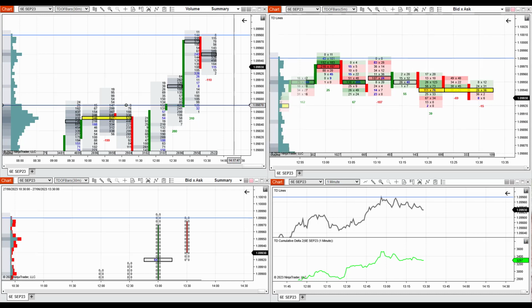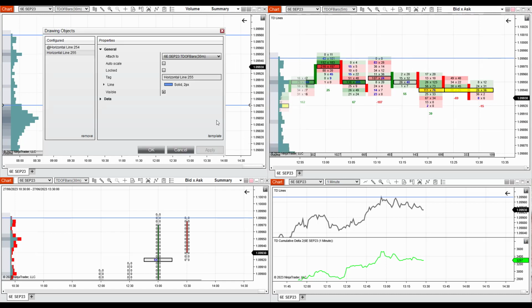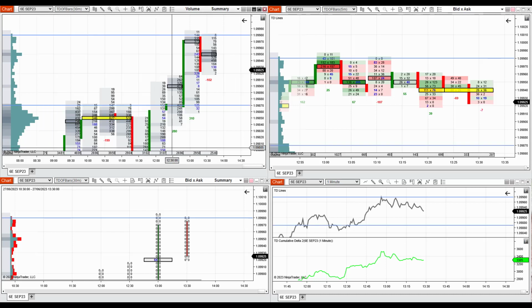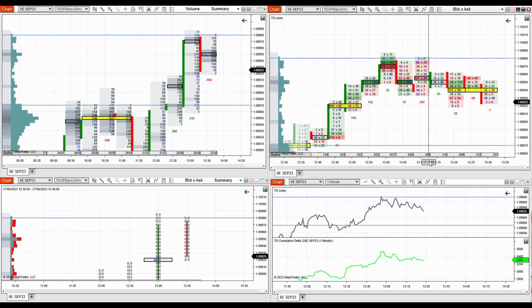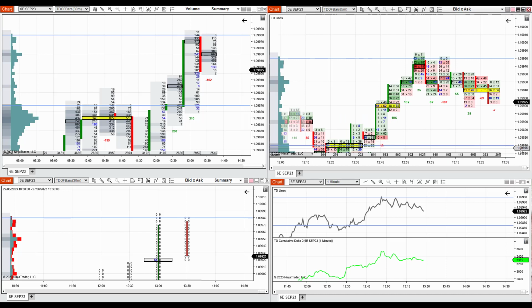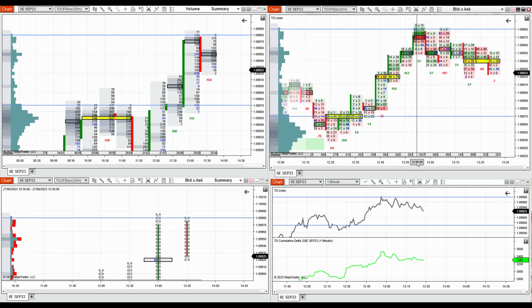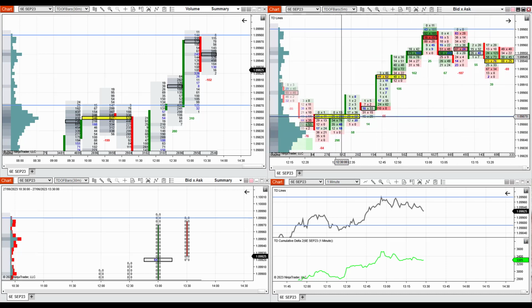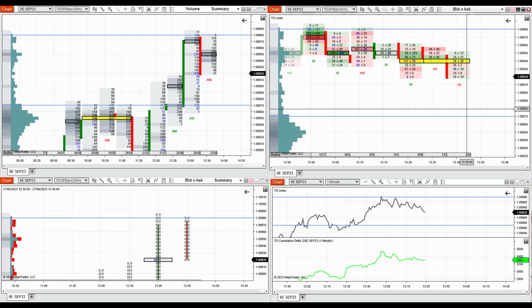Let me just print that take profit line on all the charts, so you can see it on that 5-minute time frame as well. Oh, there's a triple node here. I haven't noticed that. Yeah, that's another thing that tells me I'd best quit the trade in here. I want to see a breakout